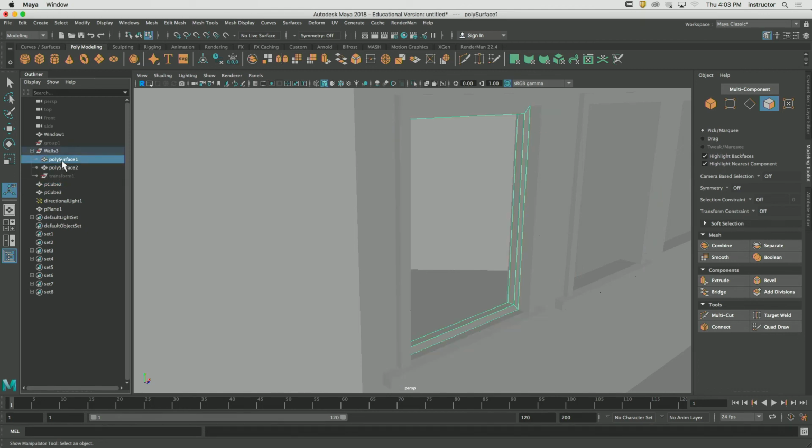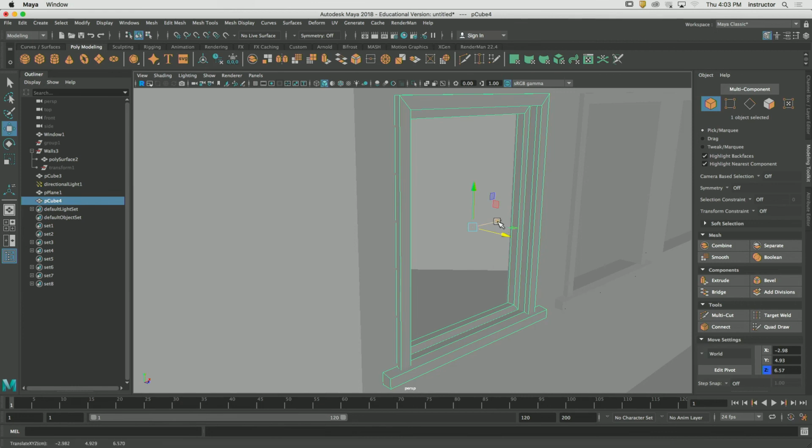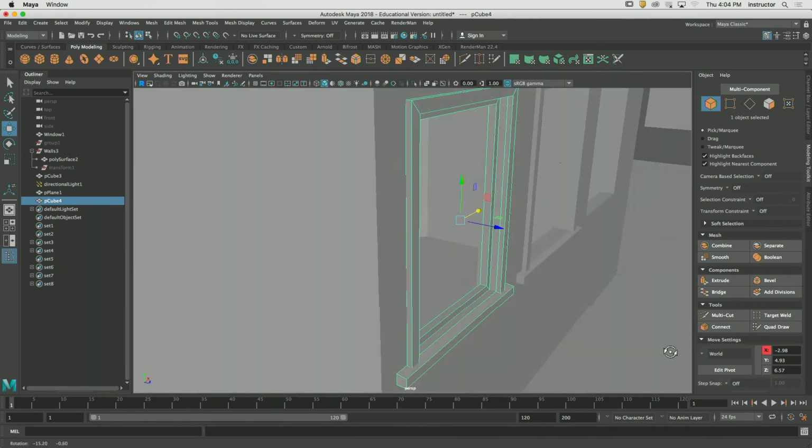There we go. And I'm going to grab that one and that one. That guy. There we go. I'll combine those. Delete the history. And now I have a singular piece, right? That's pretty cool. Okay, so on my window,